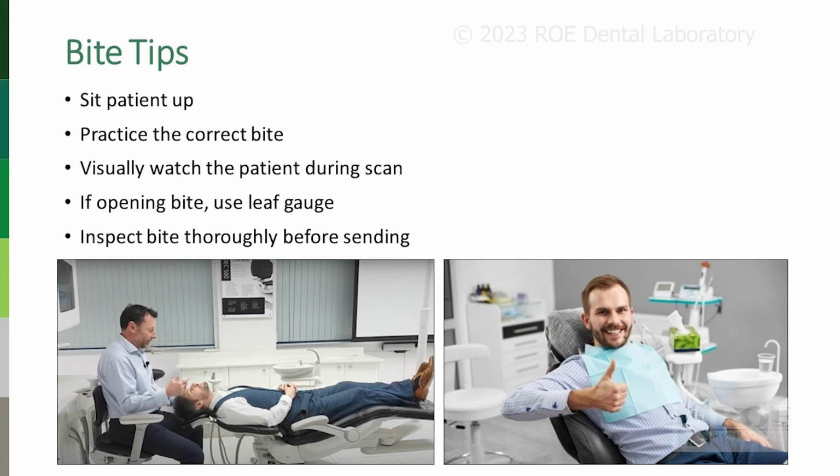And then some tips, right? These are just some bite tips. Sit the patient up for the bite, especially when a patient doesn't have many teeth or they have 5 different bites. Have the patient sit up, practice the bite, then capture it. Visually confirm the bite during the scan, watch them bite, make sure they're doing something repetitive. If you want to open the bite, I would suggest doing it with a leaf gauge